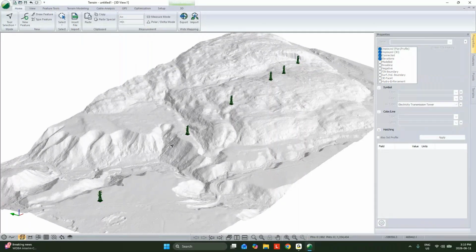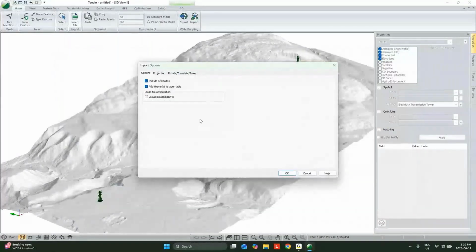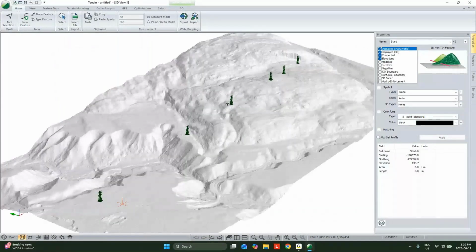And well, of course, we're going to want to start our road somewhere where we already have access to. So here we could draw it in just as easily. But just to bring it in and have a nice visual here, we're going to start it with a start point